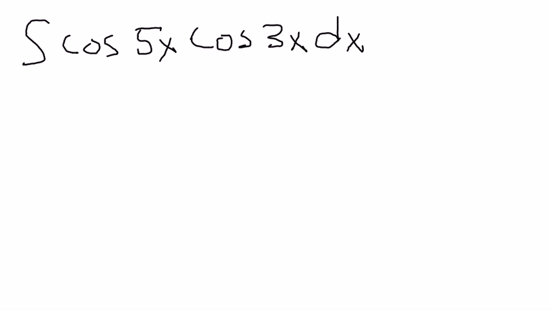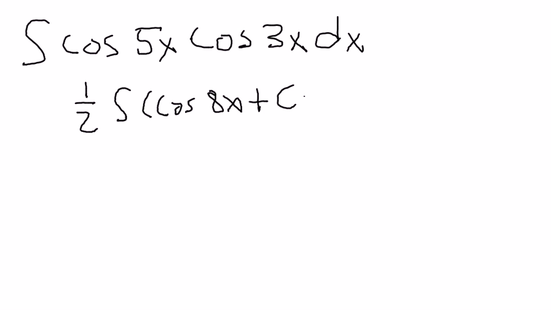I'm going to use the cosine identity that we just talked about a moment ago. It's going to be the cosine of the sum of the angles plus the cosine of the difference of the angles. So I'm going to write it with that 1/2 out front of the integral. Don't forget that. And then I'm going to write it as the cosine of 8x plus the cosine of 2x